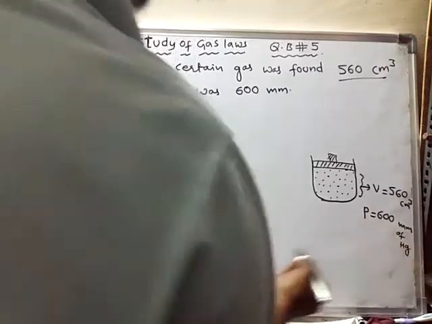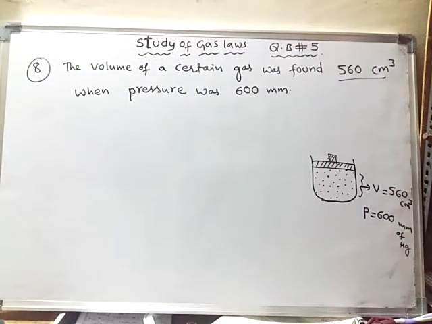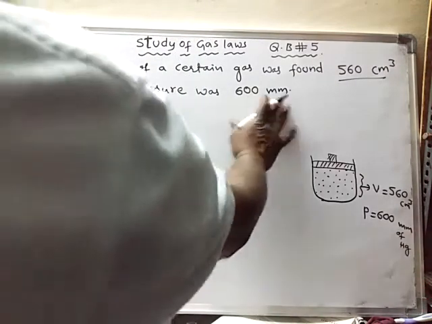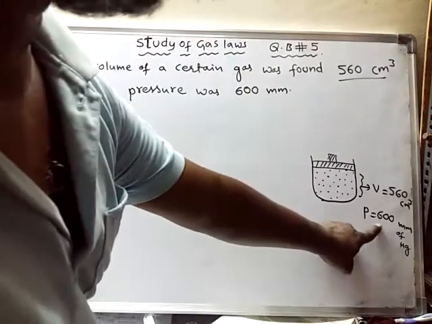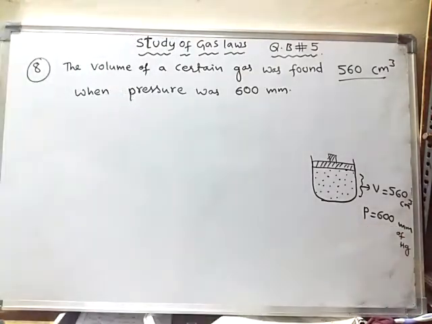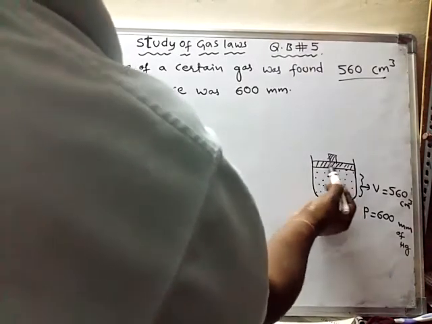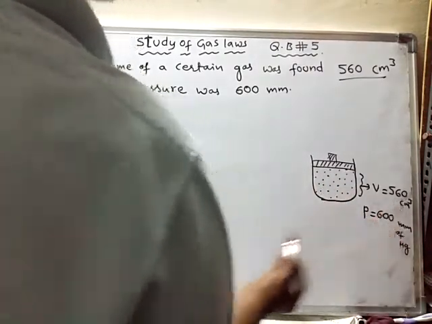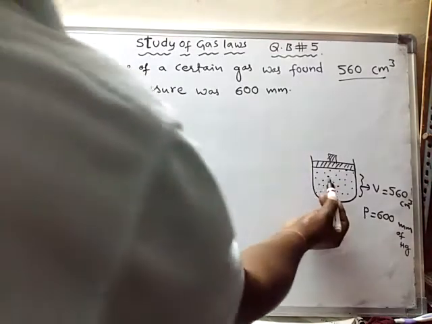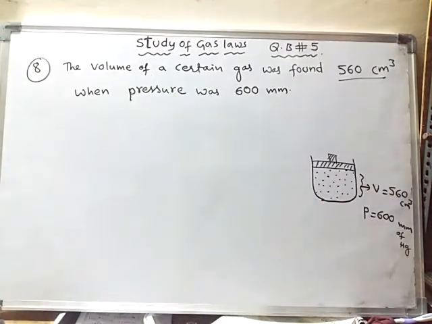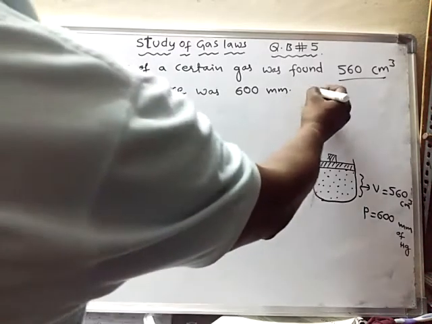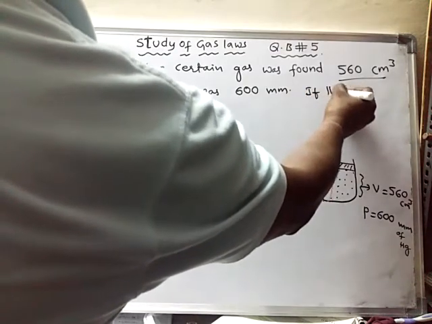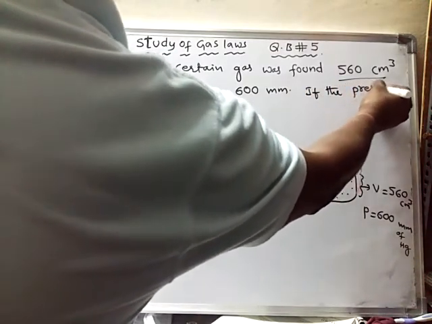In the question it is given simply as 600 millimeters, but we have to understand it as 600 millimeters of mercury pressure. So a certain gas is present whose volume is 560 centimeter cube and whose pressure is 600 millimeters of mercury. Now if the pressure decreases by 40%,